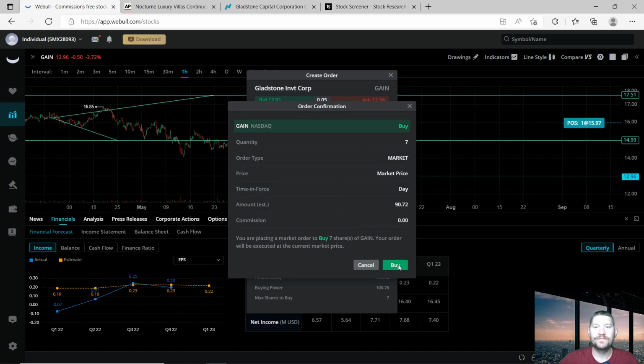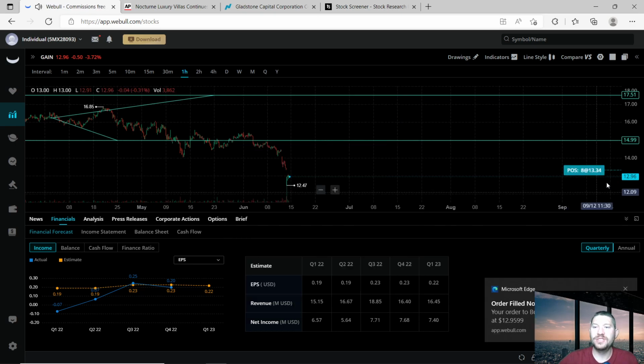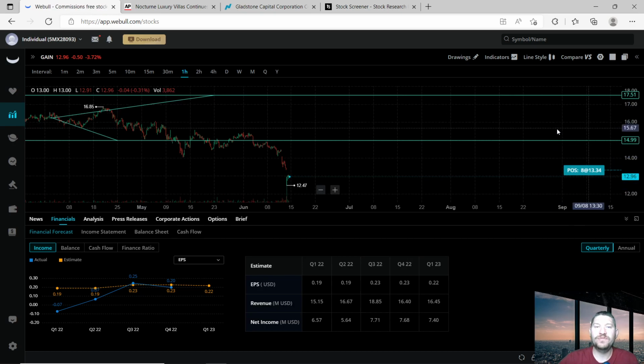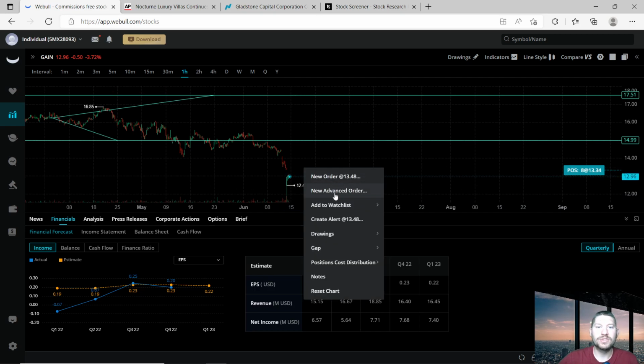Everything looks good, and we're going to buy for $90.72. Now as you can see here, we went from one position at $15 and some change all the way down. We averaged down to 8 positions at $13.34. Now that doesn't mean I bought at $13.34, but what we can do is look at our order details,